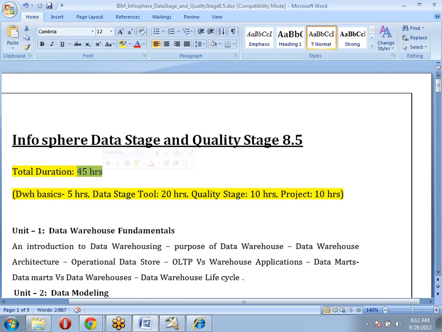And regarding running the jobs, are you going to show us on Director itself? And will you discuss Unix and shell scripting also? How are you going to show that? These tools are installed right now on Windows, not on Unix. We are going to discuss Unix separately, Unix commands and scripting only. While running a job, we are going to run on Windows only, not on Unix.